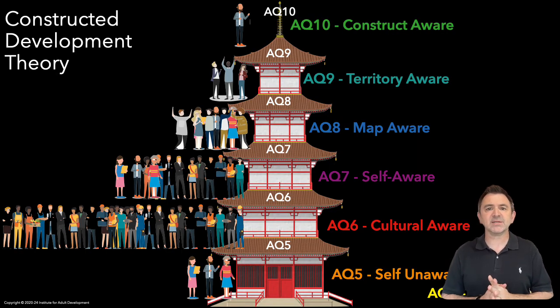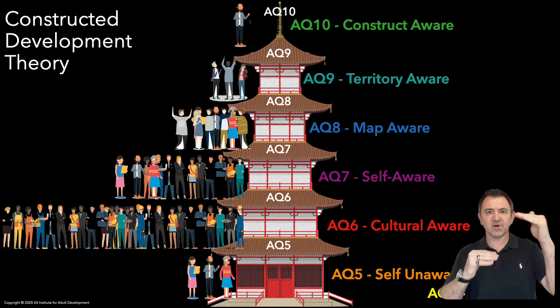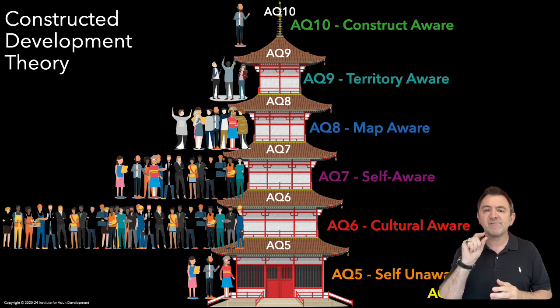So let's jump straight in. These are the 7 levels within CDT and their labels. The labels are there because people need labels. They're not necessarily real. But if we are to differentiate the capacity between, like, AQ5 and AQ9, then the labels play a small functional part.